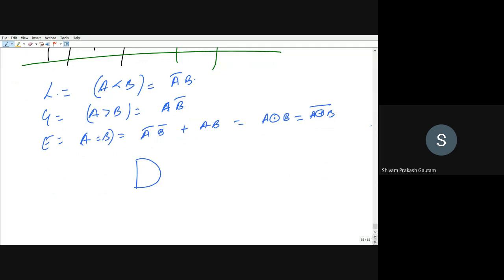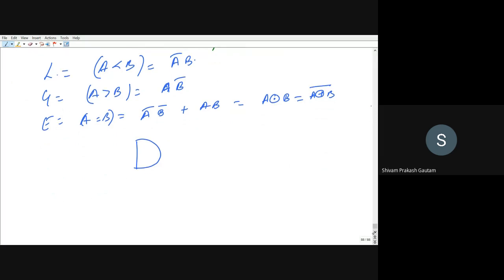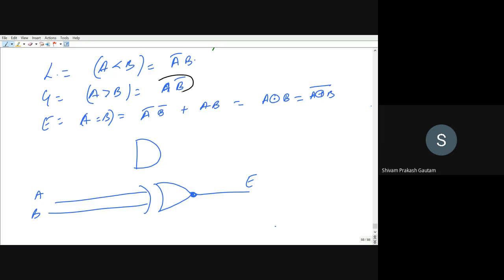So let us suppose we are having an XNOR gate. I'm taking an XNOR gate directly, or you can take XOR and then add a NOT gate. This circle shows that a NOT gate is embedded. Okay, so I can directly give A and B here, and this output of the XNOR will be equal. And let us say for greater, A is coming from here, and B is inverted. So what I will do, I will add a NOT gate here.